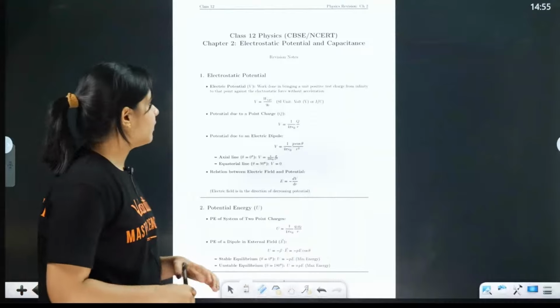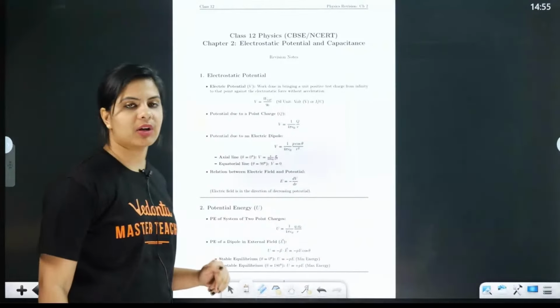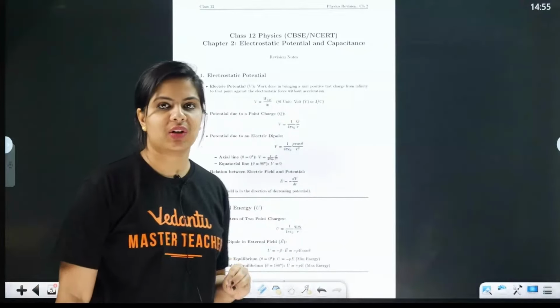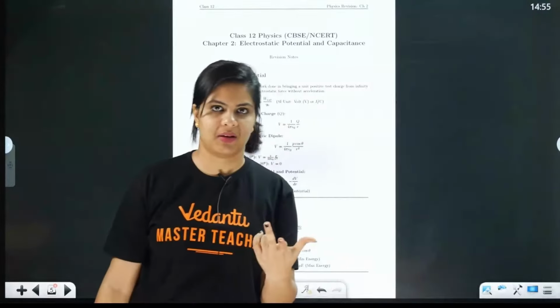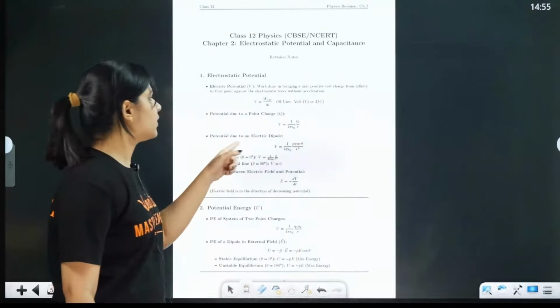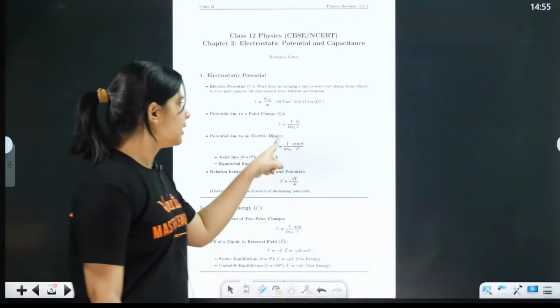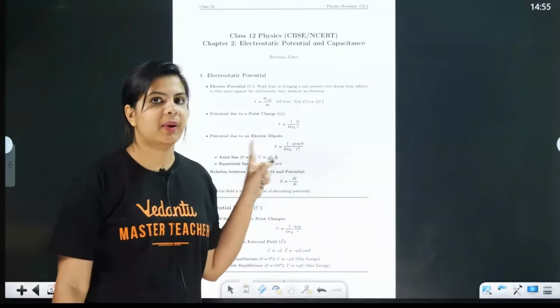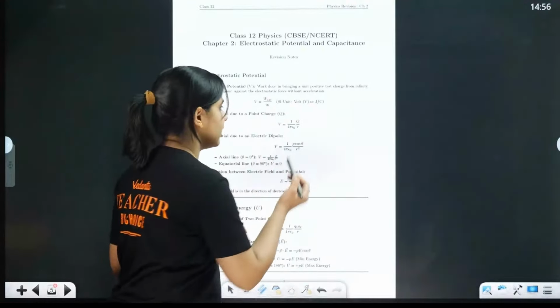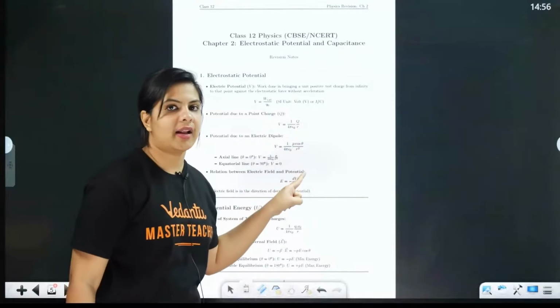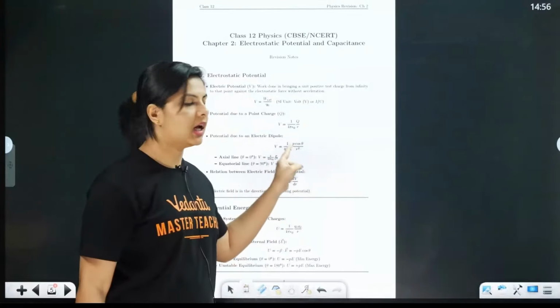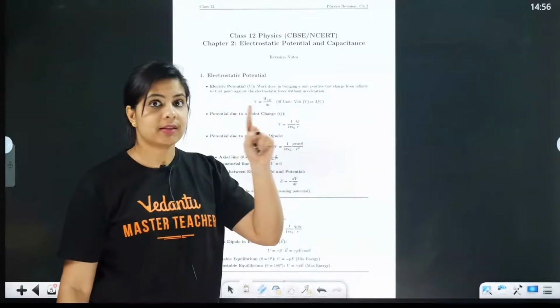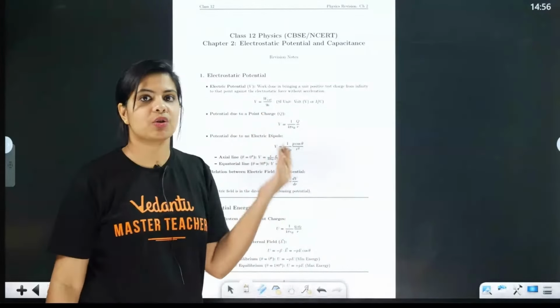Okay? So now we have discussed the potential, and for a point charge the potential value is kq by r, where r is the distance of separation. Understood? And potential due to an electric dipole is k p cos theta divided by r square. Again, as I mentioned, for a dipole here it is r square, because p has a length, so the dimension should balance, right?